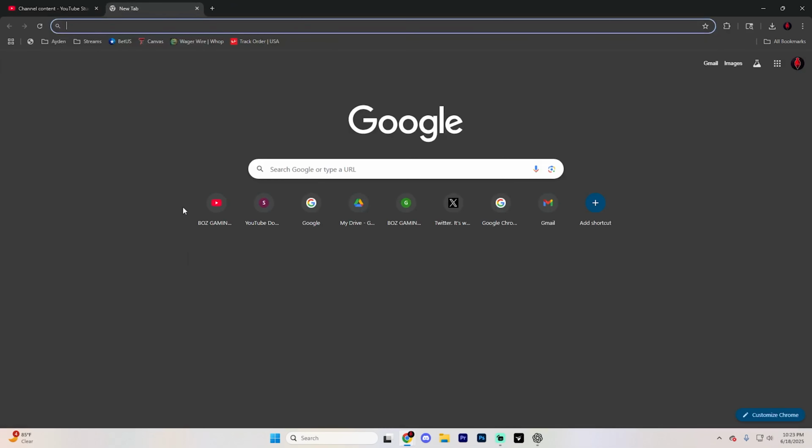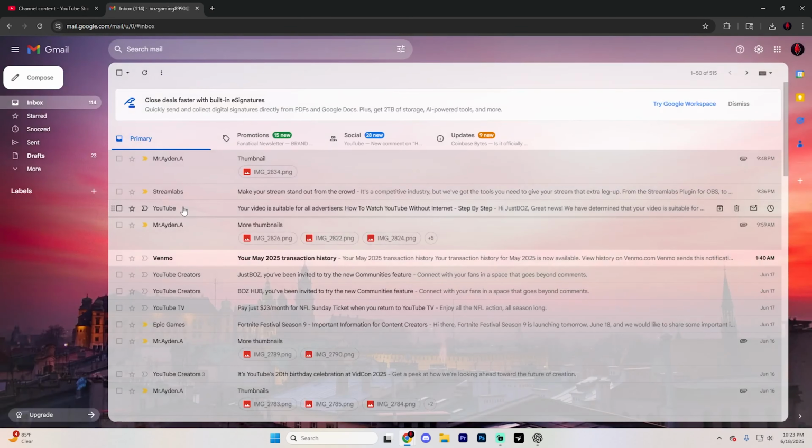To get started, open Google Chrome and just head over to the Gmail website. You could just type in Gmail or go to mail.google.com and it's going to take you to a page that looks something like this. Once you're on the Gmail homepage, look up to the top right corner of Google Chrome